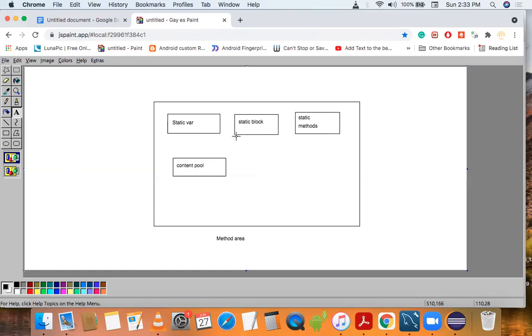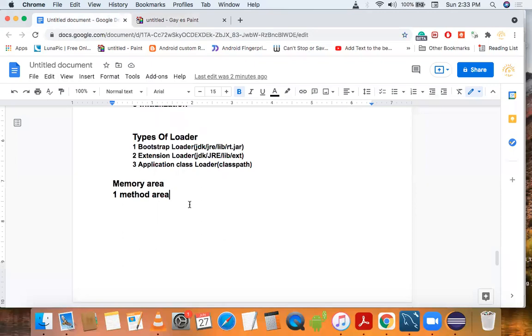So let's move on next memory area. So second memory area is heap area. For every JVM, one heap area is available, and the heap area will be created at the time of JVM start. So whenever we start our JVM, a heap area will be created internally in JVM.